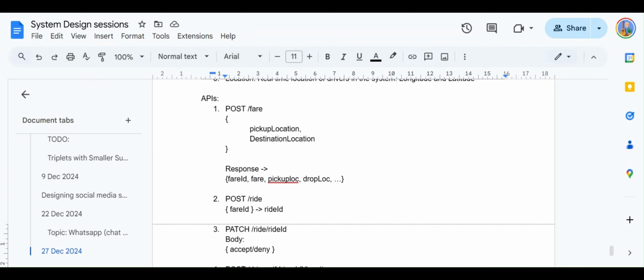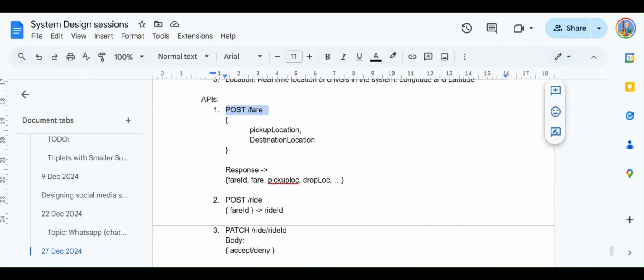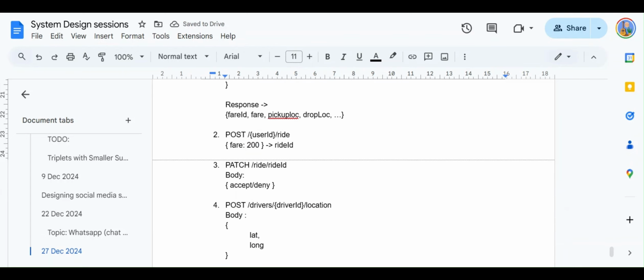And same thing over here in the first request when we have a fare. Imagine that a user is requesting a ride. Why are we putting a fare ID here? Ideally, we could have also directly just put in the fare amount, right? Maybe 200 bucks. We could have put in a fare amount over here rather than a fare ID. And similarly, when we are requesting a POST ride, here we are not putting in the user ID, like for which user we want to book a ride, right? So this is a bad design, and there's a strong fundamental reason behind it.